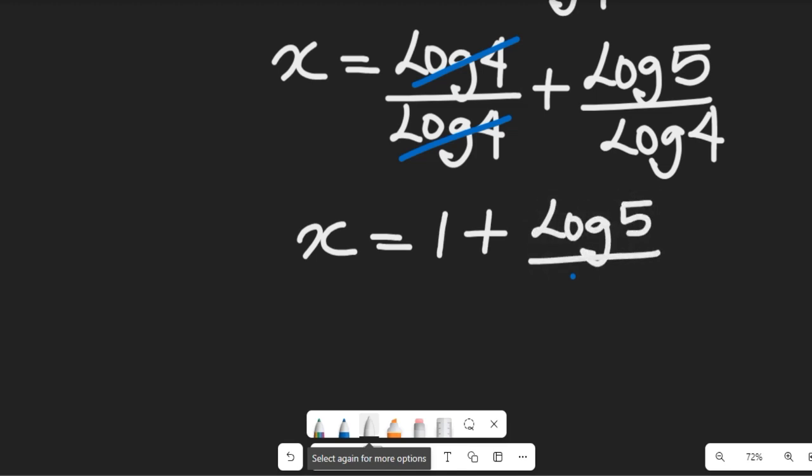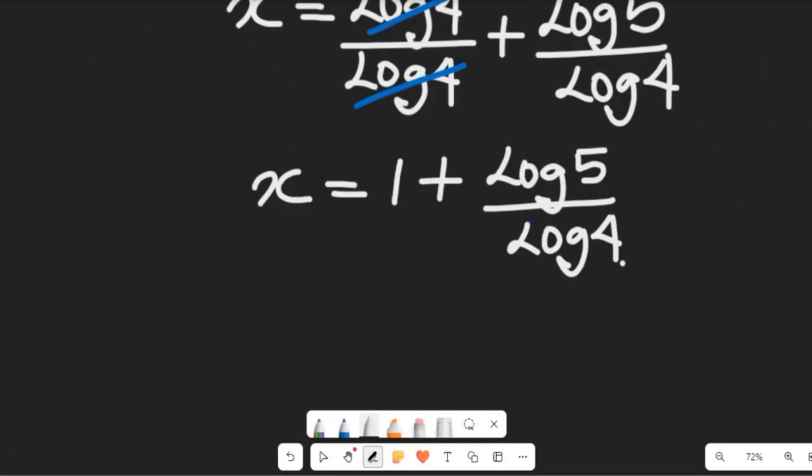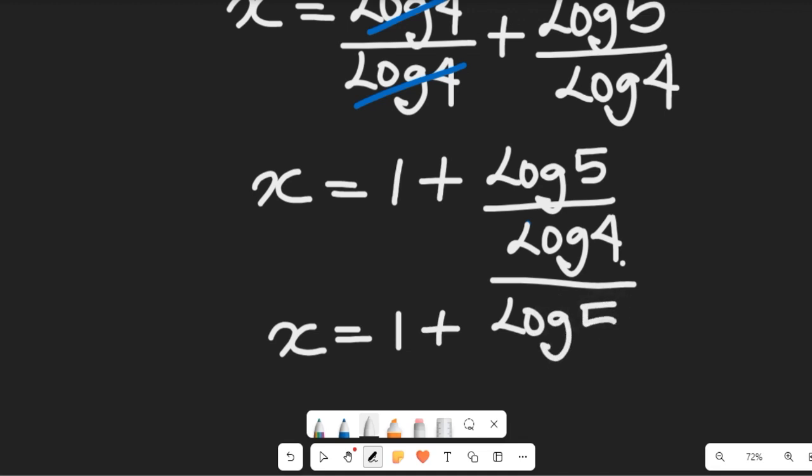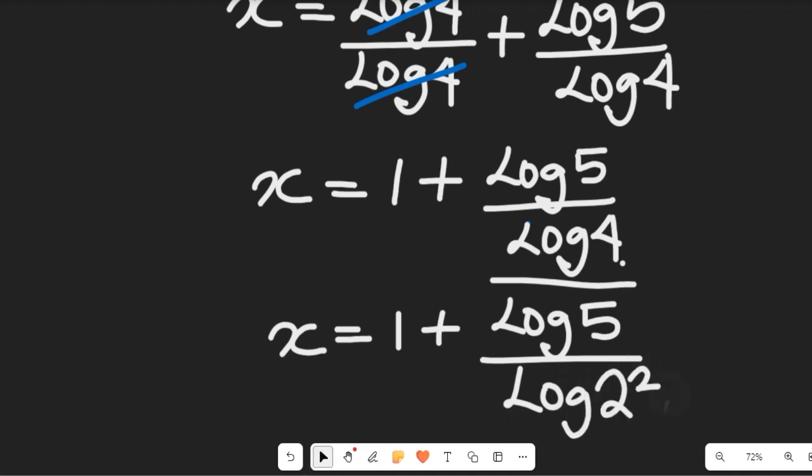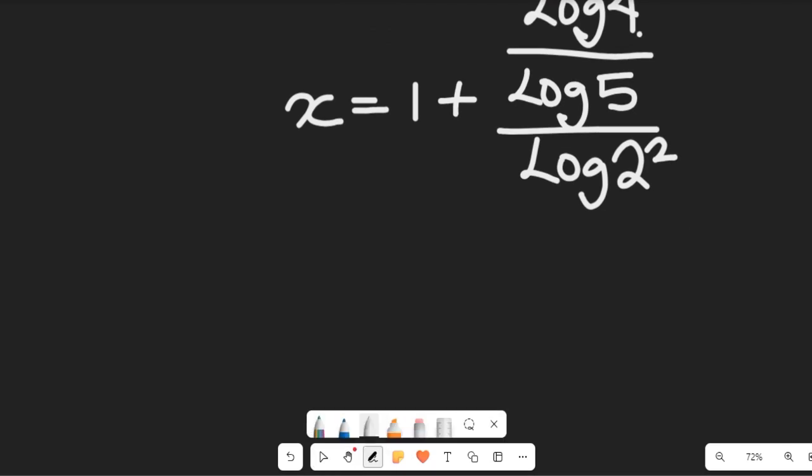5 divided by the log of 4. This is not the solution, as I can still divide this expression into simpler terms. We'll have our value of x here to be equal to 1 plus log of 5 divided by the log of 4, which can simply give me 2 squared, right? Good. So if I simplify that using log, I'll have my x equal to 1 plus log of 5